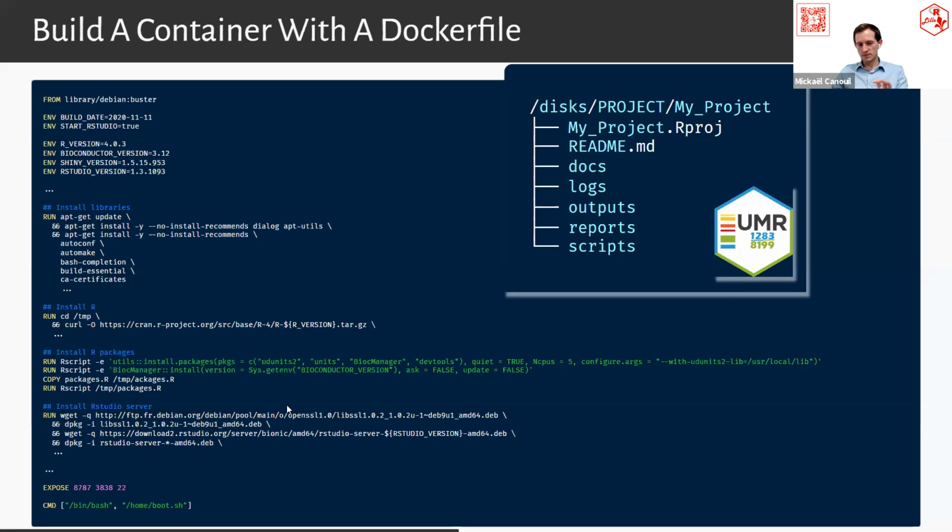The other part here was, okay, we wanted to have a setup, a structure for each project, but we were doing it again and again and again. And since it's always the same thing, there is a way to make it easier. You can work with an RStudio project template. It's designed as an R package. With that, you can use the RStudio IDE to create a project based on a simple R function that will create the folders and everything you want.